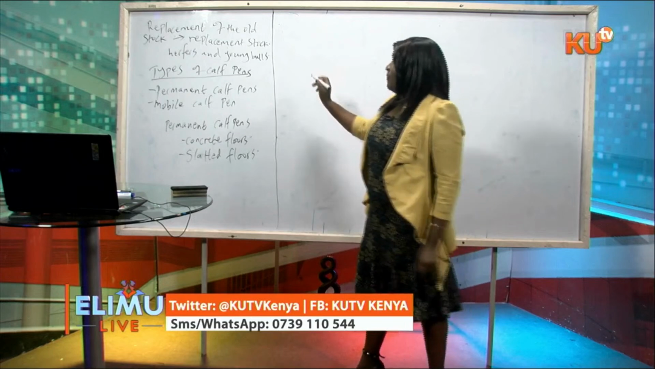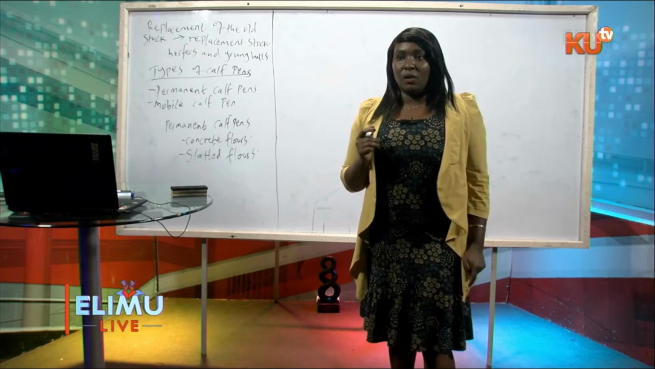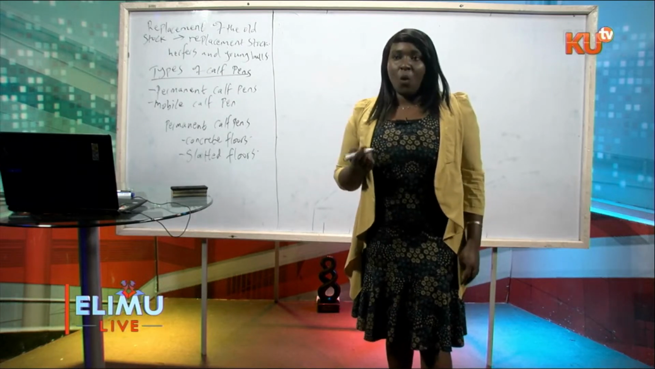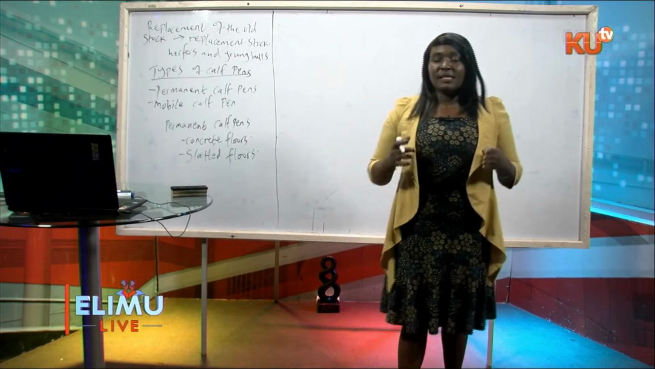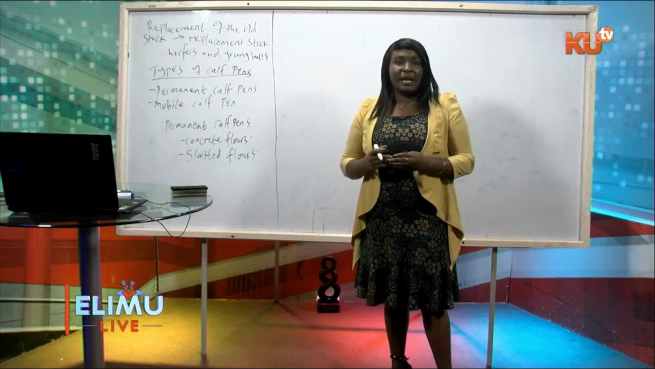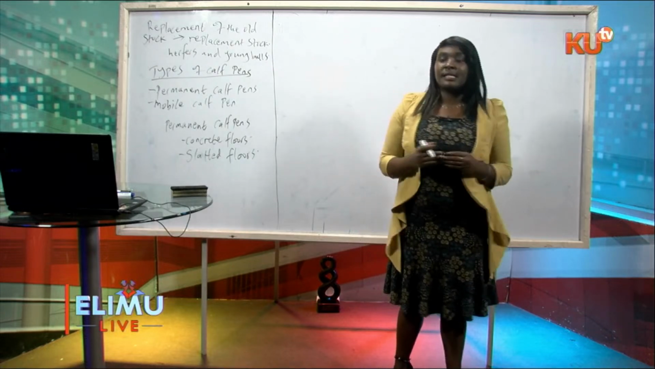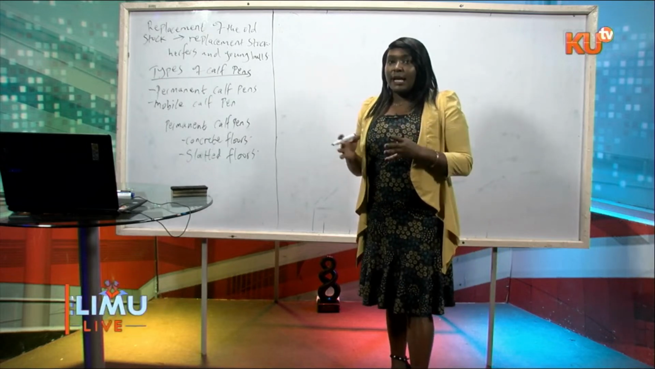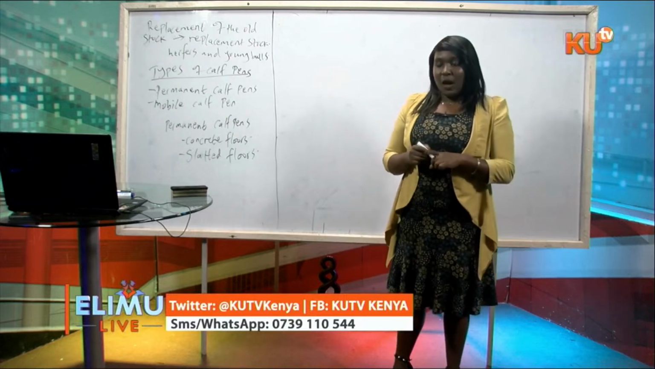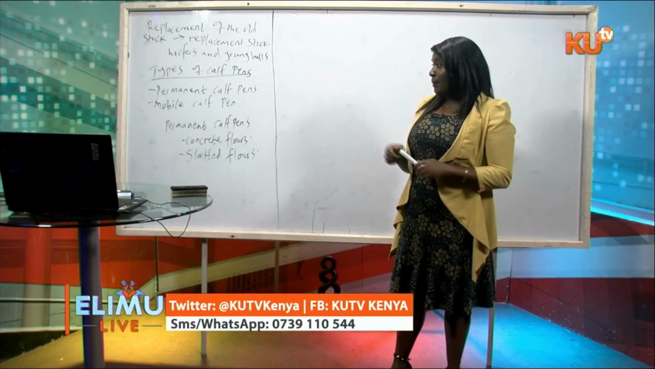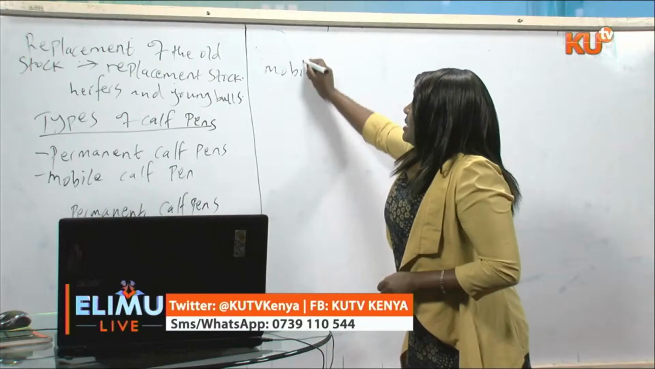Now, the mobile calf pen, mobile, coming from the word mobility, or rather bringing the aspect of mobility. What is mobility? Mobility is that idea of movement. It means that you can move. You can move the calf pen from one place to the other. You can move it from one area to the next. Maybe you can move it today from a certain region to another area, so that the calf can be able to feed on fresh pastures. So the mobile calf pens,